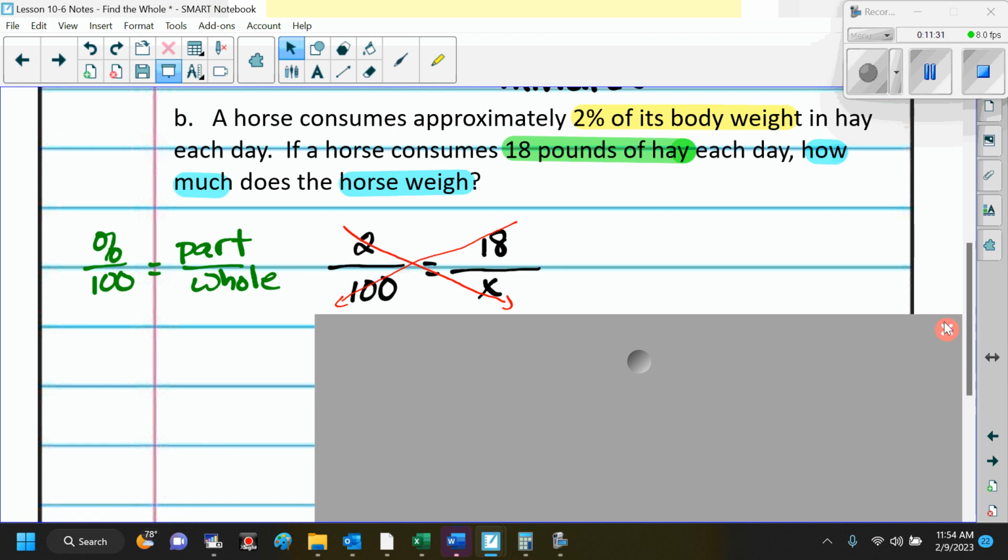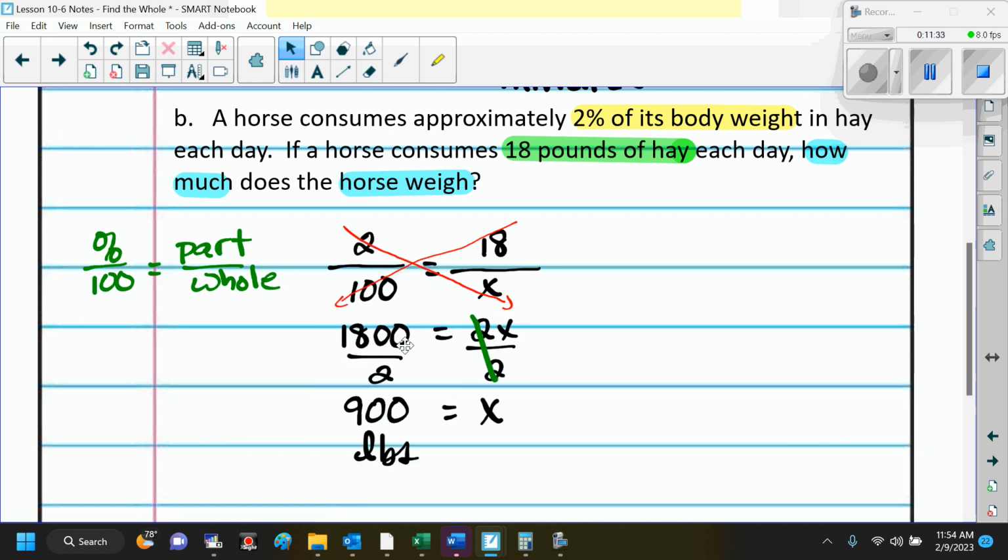I cross multiplied, and we ended up with 900 pounds. Very good. Is everybody clear? Yeah. Now, on this one, you could also, and I'm going to go ahead and do this one in blue,